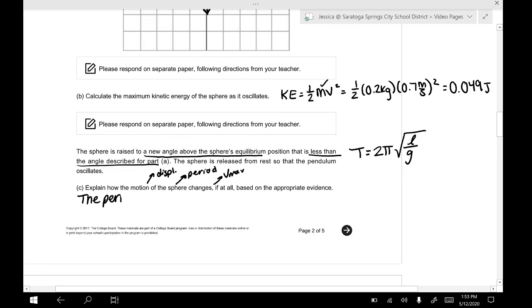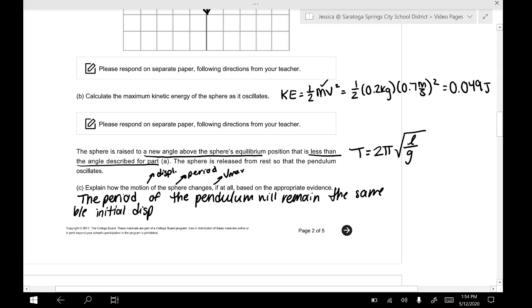The period of the pendulum will remain the same because initial displacement does not affect the period. Okay. What that initial displacement will affect is the amount of energy in the system, because that